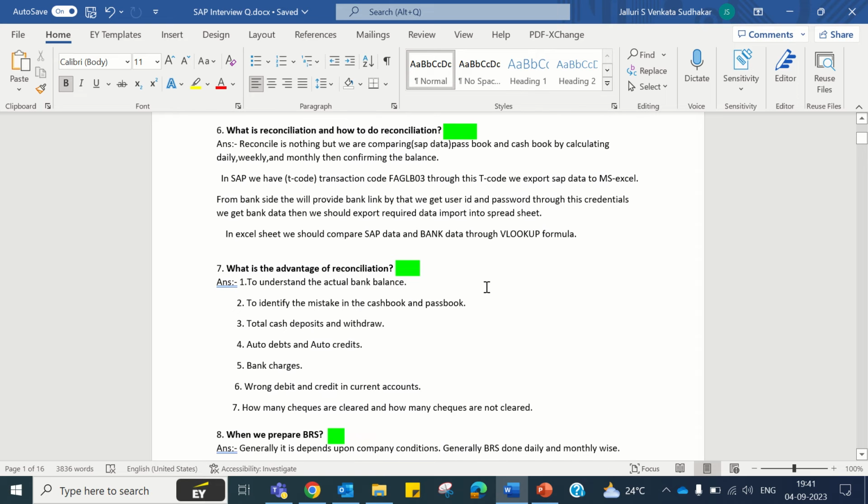What is reconciliation and how do you do reconciliation? So reconciliation is nothing but we compare both SAP data and cash book data, by calculating daily, weekly, monthly, and confirming the balances. In SAP, we have T code FAGLB03. Through this T code, we can export SAP data to MS Excel. From the bank side, they will provide bank data, and we will compare both the data with the use of the VLOOKUP formula. So we can see whether the balances are correct or not. After that, we mark it as reconciled. Otherwise, we can go through the